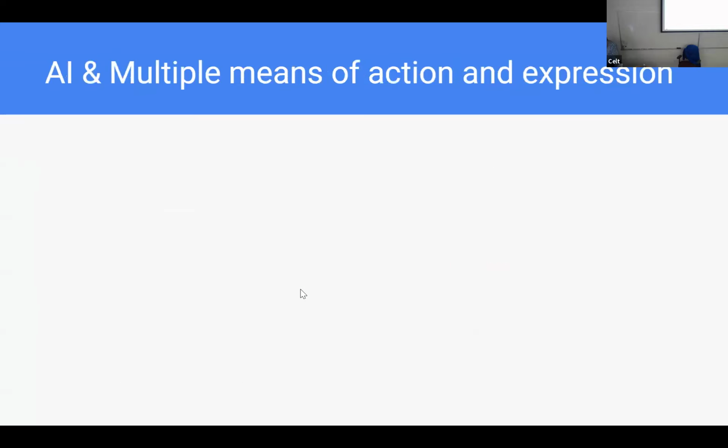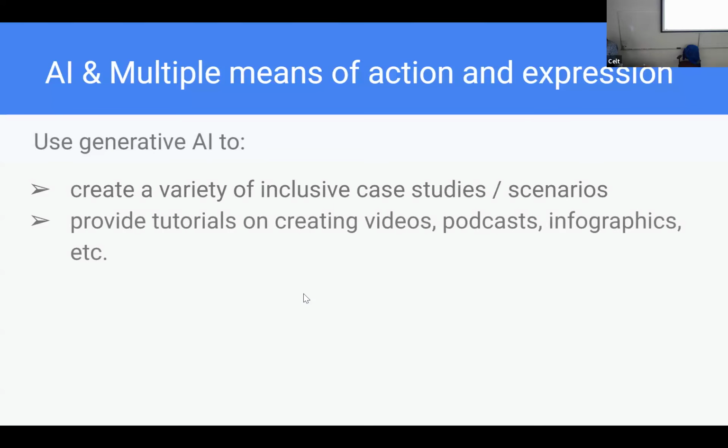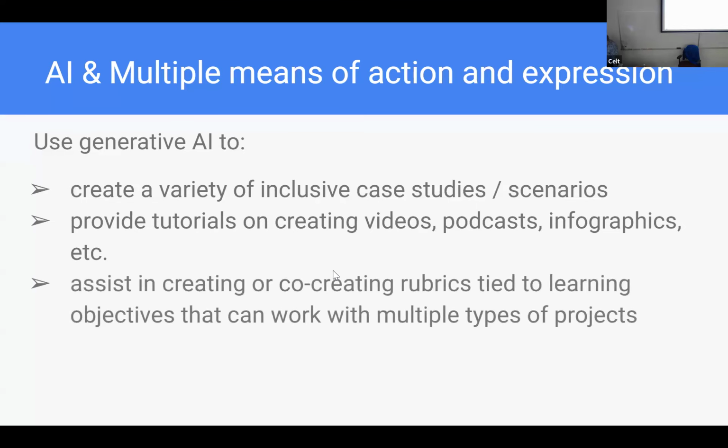So active learning strategies are useful, and AI can be used to help do all those things. I think this is where, okay, this is what I was doing. So if you want to allow students to do multiple means of action and expression, you can have them use AI, or you can use AI to help create tutorials on how to create videos, how to create podcasts, what tools are available for infographics and so forth. You don't have to necessarily know how to do all this yourself. You can use the AI tools to help do that, or show students how they can use those tools to help them do this. Assist in creating or co-creating rubrics,